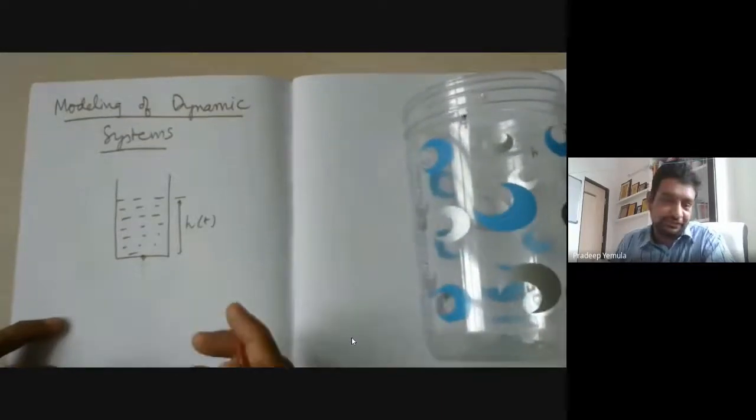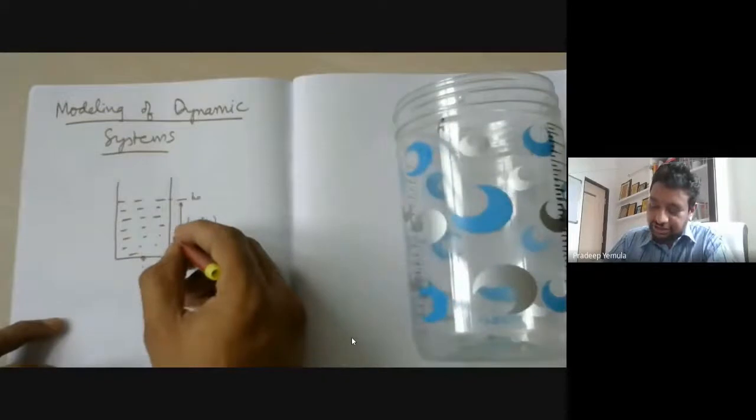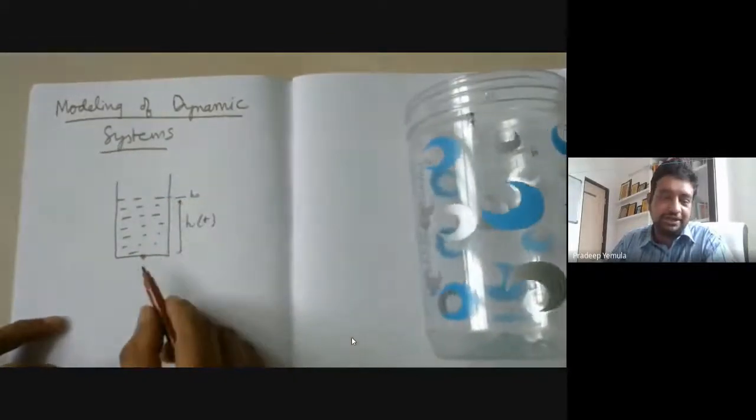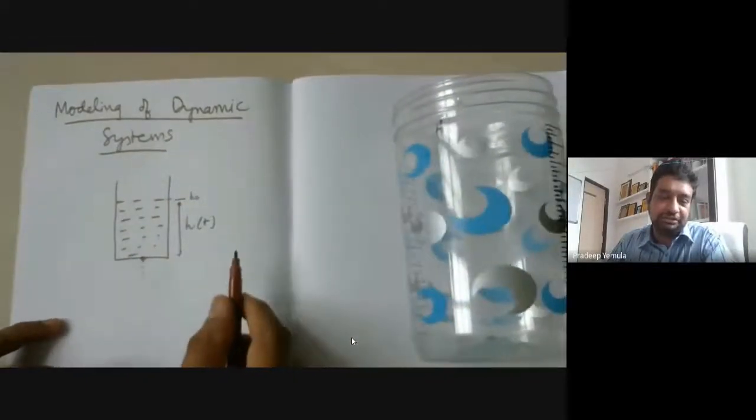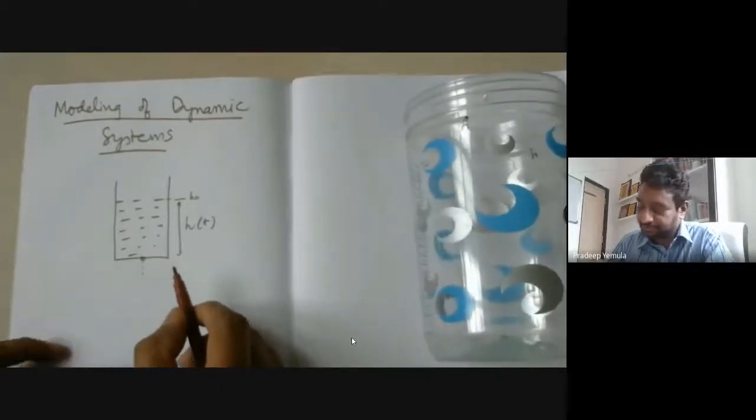Okay, so it's a function of time. And the initial height is h naught. And then slowly the water will flow out. And finally, the h of t will become 0 when all the water leaves the particular jar.